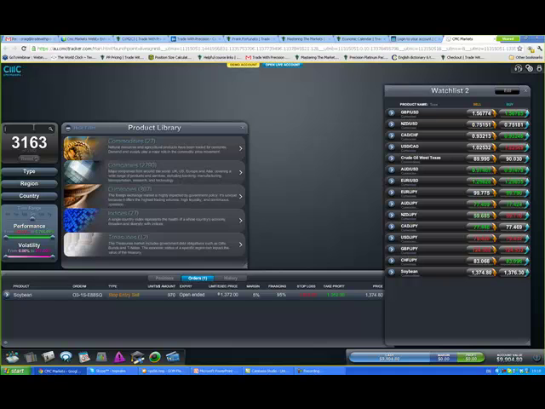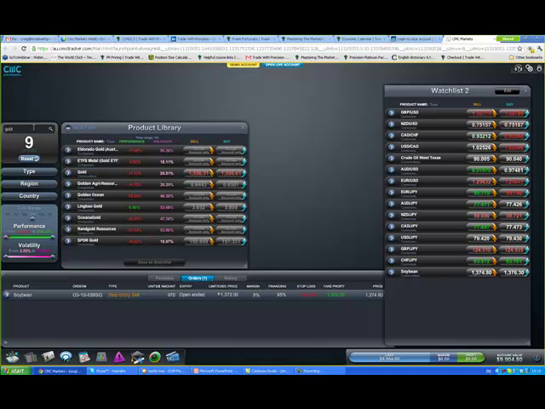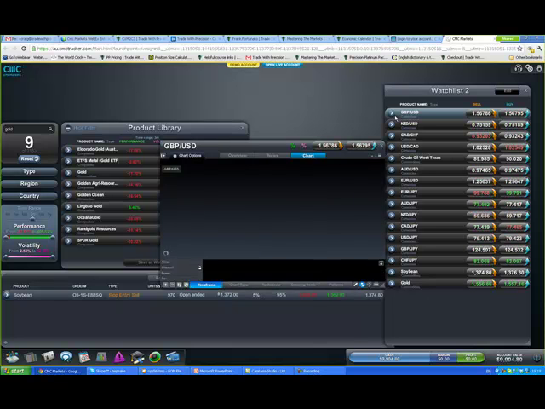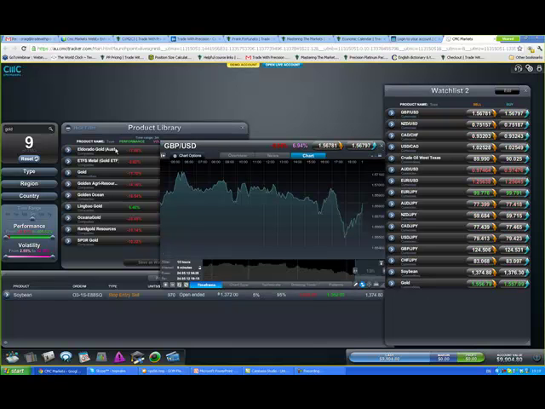Let's go for gold. Let's see, there we go. Gold everywhere. Okay, so we're going to take gold and put it into our watch list just simply by picking it up and dragging it over. Job done. Now then you've got to start scanning. You've got to start looking at the market, seeing what's out there, how things are looking, and what's actually going on.